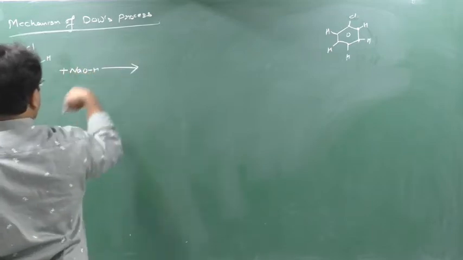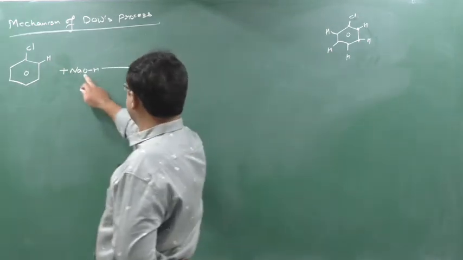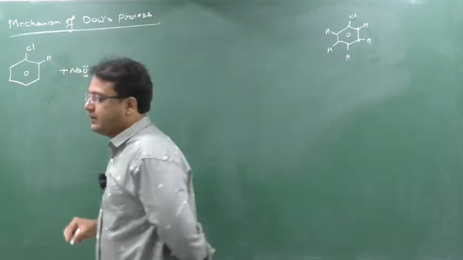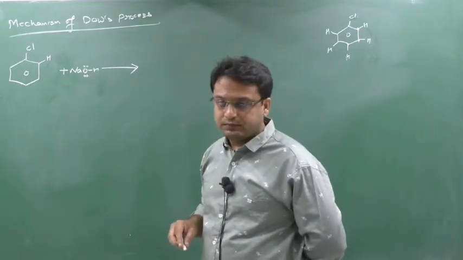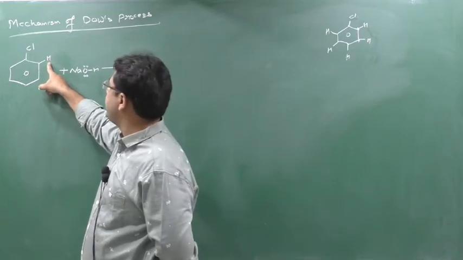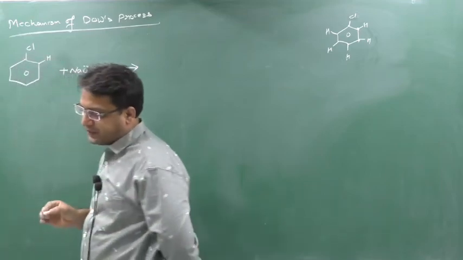Okay? Now see what happened. Now as you know, in NaOH what will happen? This oxygen has 1, 2, 3, 4, 5, 6, 7, 8 electrons. This oxygen has the extra lone pair, 2 lone pairs, yes or no? And this hydrogen will be released as H plus, meaning it is in requirement of electron. So this oxygen, what will happen?